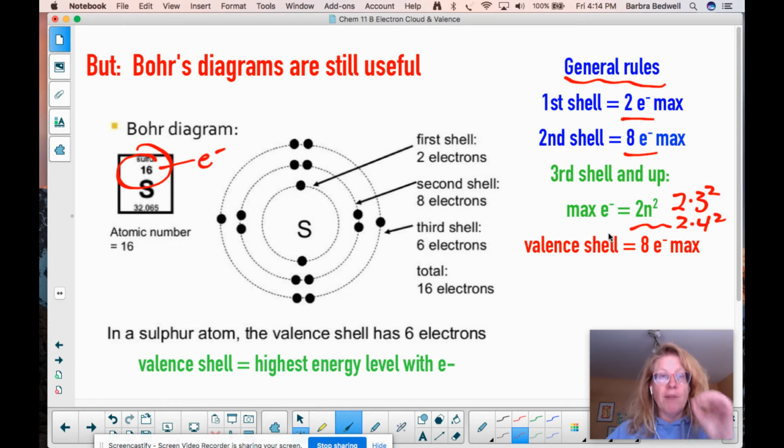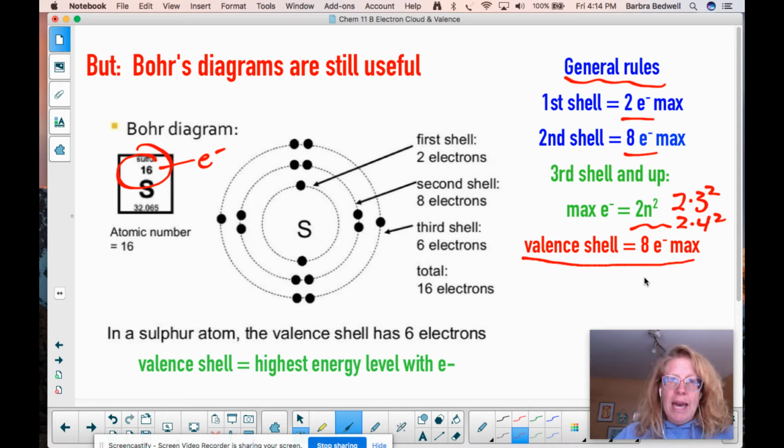However, the good news for you is that if we're talking about the outside shell of any Bohr model atom that we deal with, the outside shell will have a maximum of 8 electrons. So our magic number really is 8. And again, if you want to know why, take Chem 2, we'll talk about why. But in terms of this one, when we're drawing these things, our Bohr diagrams can still be useful to us, knowing the first level's 2, the second level's 8. And for the purposes of what we are going to do, the third level is essentially going to have 8.